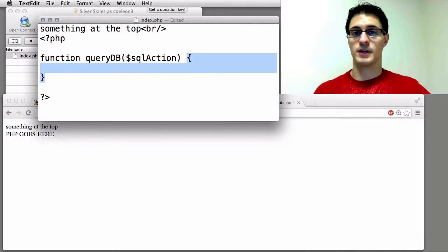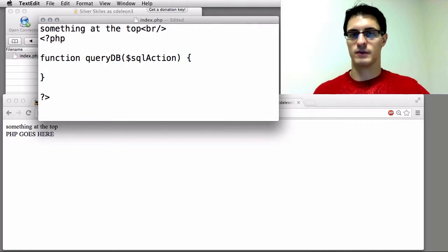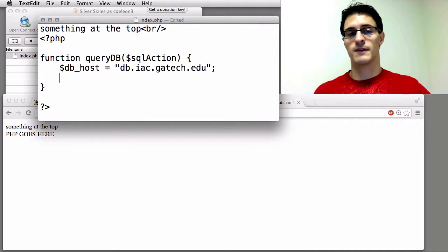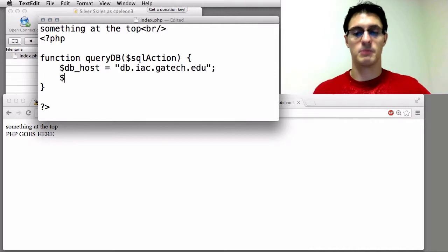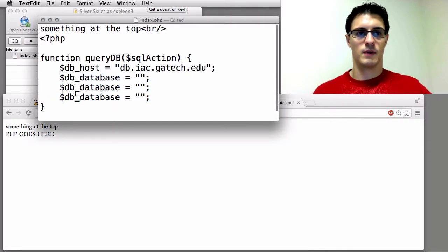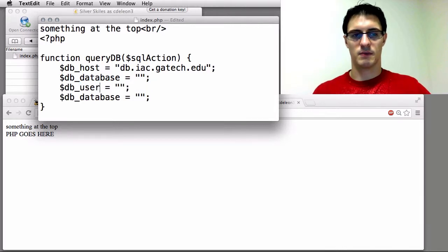As always, I put my open and close brace before I fill in the inside so I don't get lost and forget. $DB host equals, let's see, db.iac.tech.edu. That, of course, will be different if you're not using the self-serve Georgia Tech database system, but if you are using the database self-serve system that I am, then that's how we're going to do it. Oh, so for this, actually, I'm going to leave these fields blank for a moment. We're going to need multiple values to get this thing started up. Username,